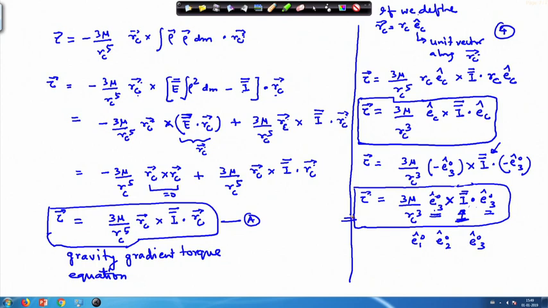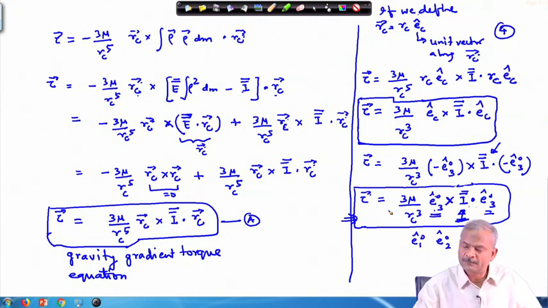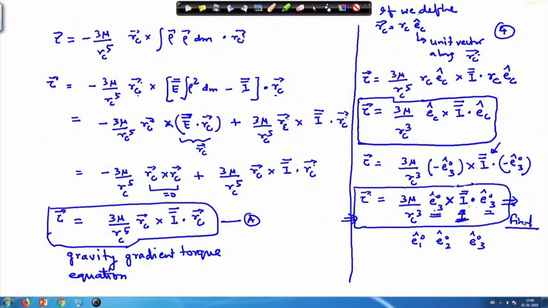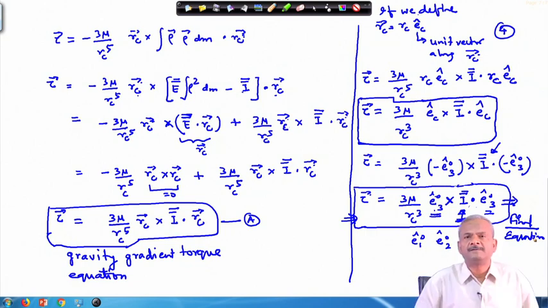So, I will keep this equation here for the time being, and I have something more to tell you. I feel that time is over for this lecture, so we will continue. What we have concluded today is that this is my final equation, but still not in the format we want. Okay, so I will stop this lecture here. Thank you very much for listening. We will continue in the next lecture.